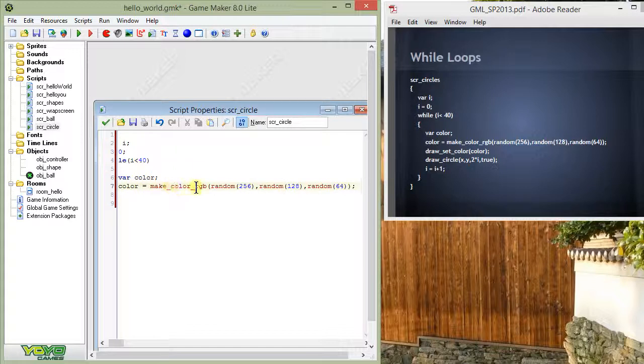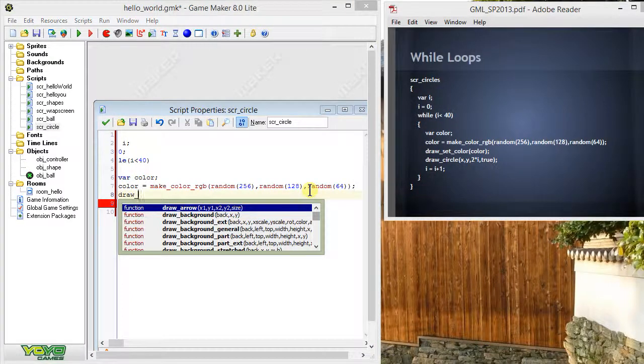The make_color_rgb function takes 3 numbers, and these numbers are going to define the shade of the color in red, green, and blue channels. So we're randomly selecting numbers from each of those to come up with a random color for each of the circles that we're going to draw. So coming back, now we've set the color, so we're going to use another built-in function